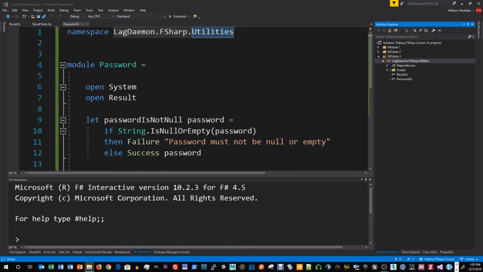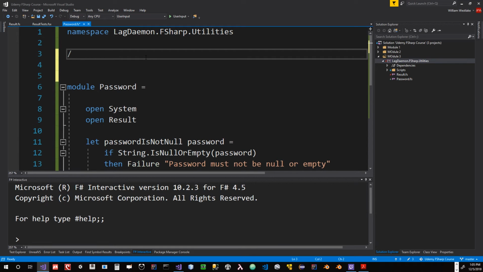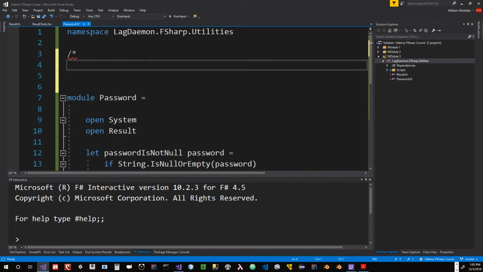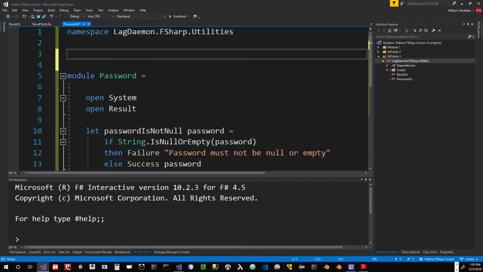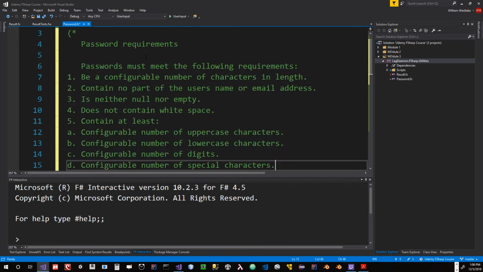And I'm just going to put under password up here at the top, I'm going to put a comment. Multiple languages that I work with, right? This is an F# block comment. I'm going to put password requirements so that we have easy access to them. And I'm going to show you something else too. We have been working with